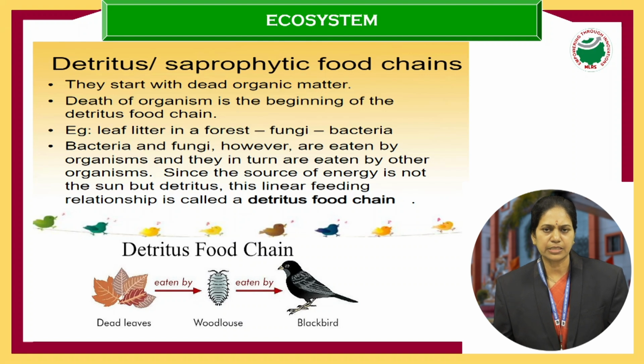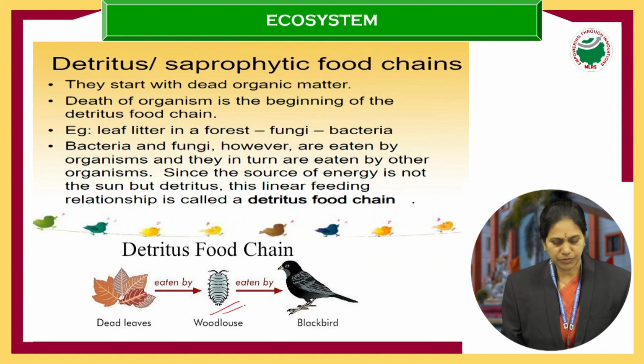So I told you two varieties. One is the grazing food chain. It starts with the plant. The detritus food chain starts with the detritus, or we call it dead leaves. Most of the time we can see mangrove plantations. From these plantations, the leaves fall onto the water. In the water, when the leaf falls down, then the food chain starts. The leaves start getting decomposed. Bacteria start acting upon the leaf, and they are